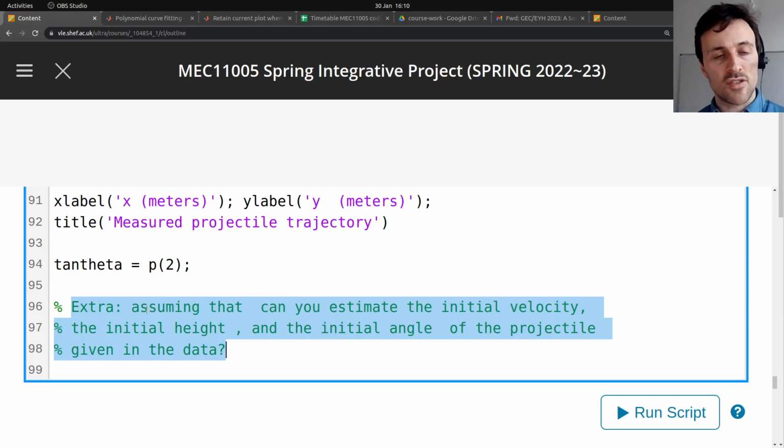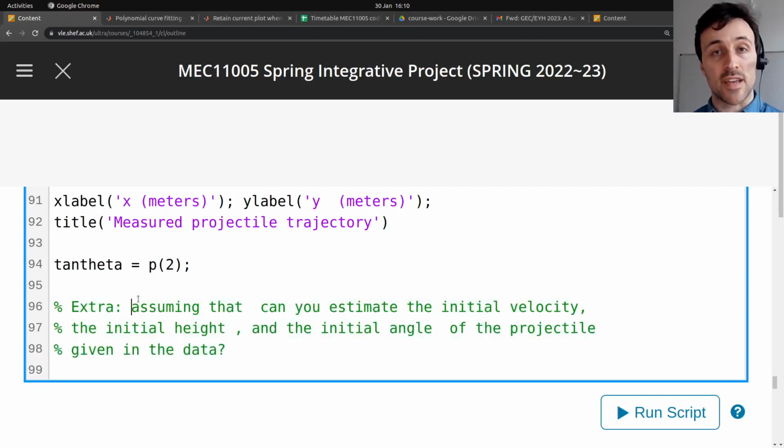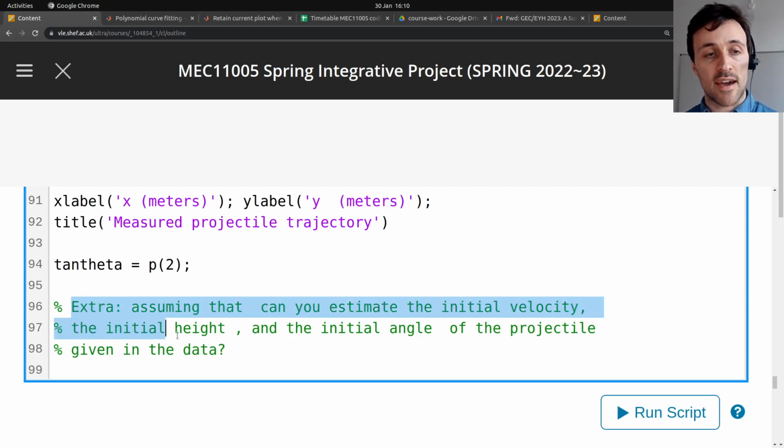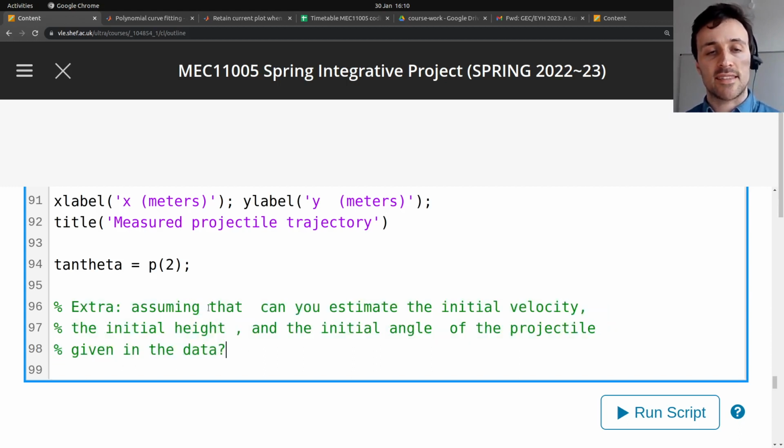All right, let's do the extra question for assignment 1. Not strictly necessary, but it does help you make sure you understand everything in the polyfit function. I've copied the question down into the comments here. It says,